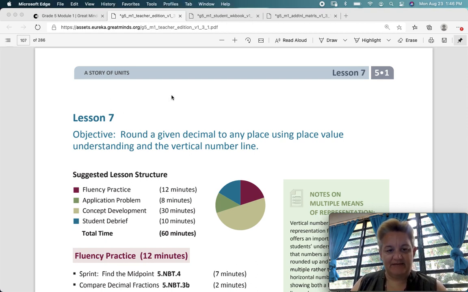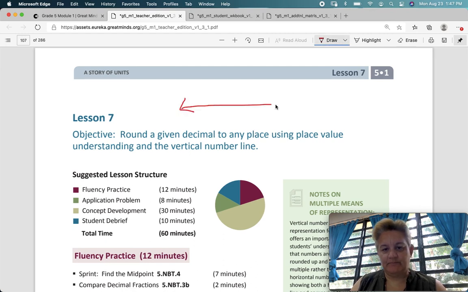So let's say we have a number line, and I'm going to draw one here at the top of the screen. All right, there's my number line. And I have 1, 2, 3, 4, 5. My number line goes from 1 to 5. Okay, let's go to 6 even. And let's say I have a number like